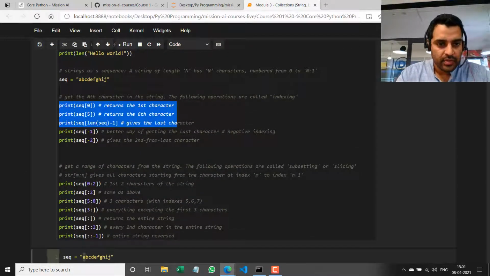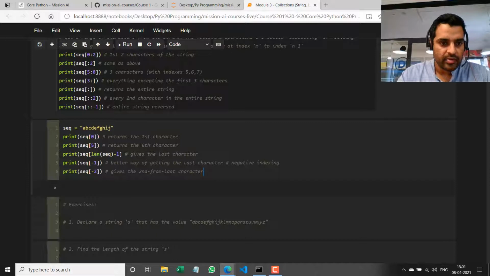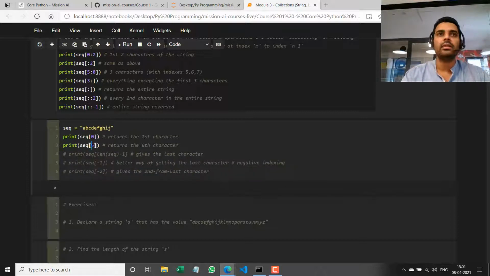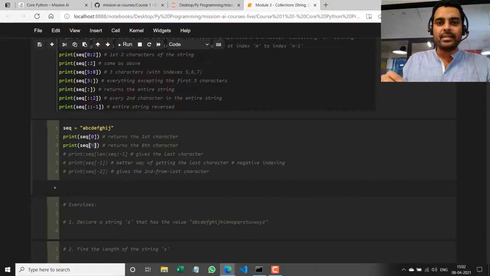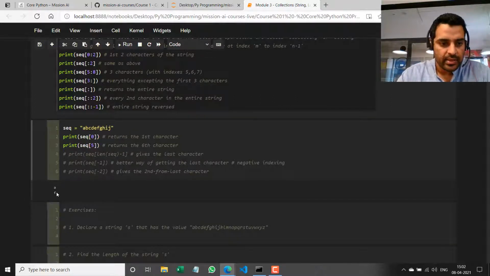So let me just get a few of these here. So we've already seen how to get the first character, right? So it's string of 0. Now, how do we get the sixth character? So we know that the character at a certain position corresponds to the index at position n minus 1, right? So basically, the sixth character would be index position 5. So we say sequence of 5 to get the sixth character, which in the English alphabet is F. And you can see that we've got F over here,